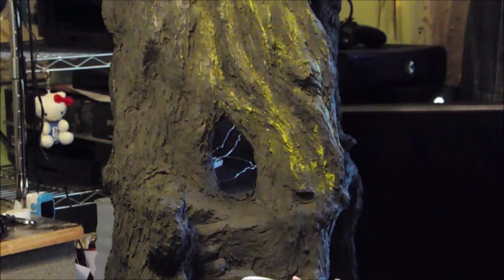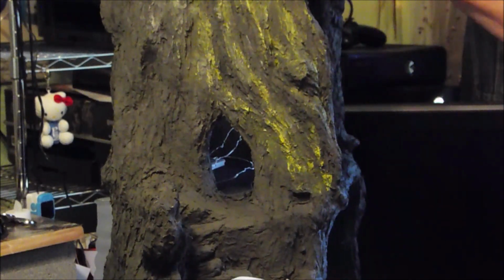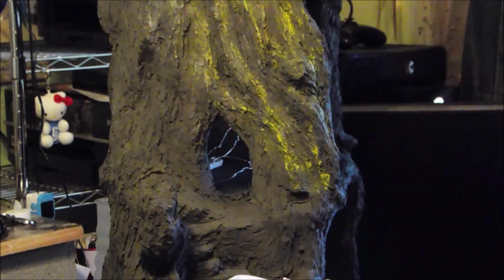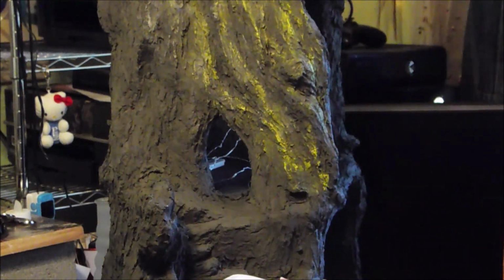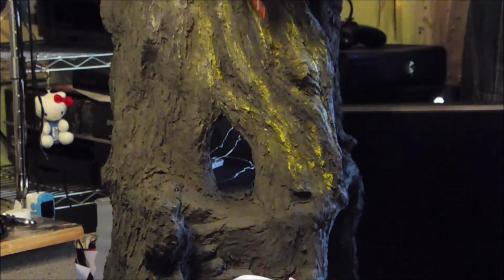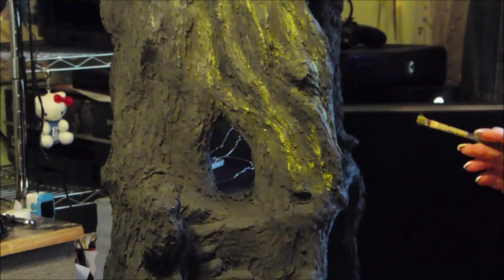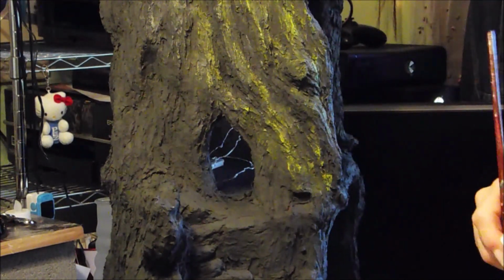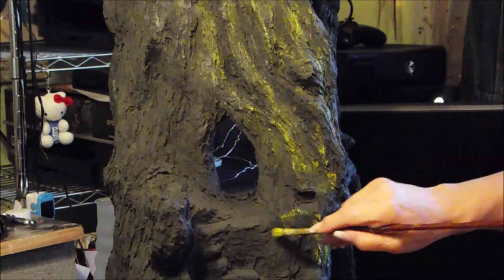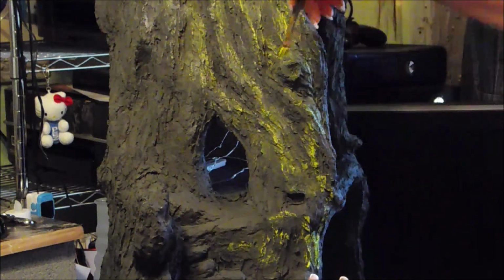Actually, I used a camouflage paint, and put a layer of spray paint on to get my base color down. And once I get this color all on, whoops, did I put some on the window? I'll have to go back and clean the windows up. Anyway, once I get my colors put down, then I'm going to work on the roof. But basically, I wanted to get this started so you get an idea